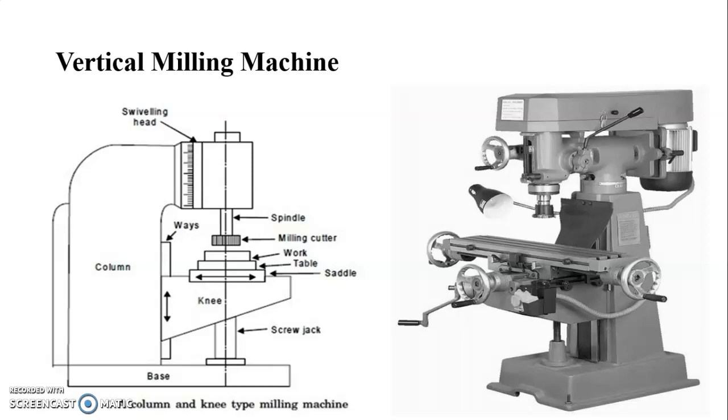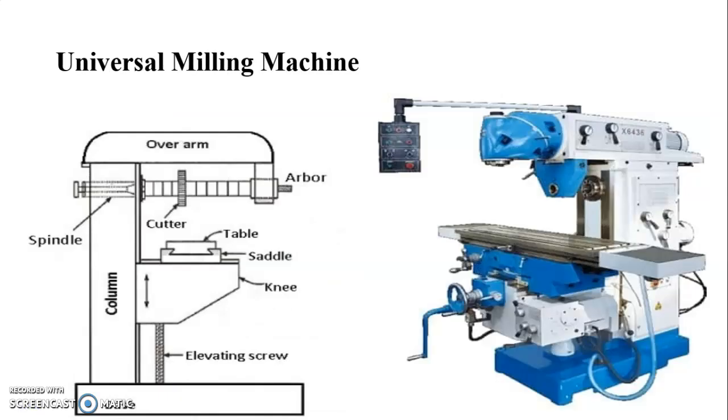Then we will see the next, that is the universal milling machine. This is the diagram of the universal milling machine. The universal milling machine is the most rigid and sturdy milling machine and accommodates heavy workpieces. It can be used for a wide range of milling operations and almost eliminates the need for drilling, shaper, slotter, etc. It is a modification of the plain milling machine with an additional table movement. It is used for producing spur, spiral, and bevel gears, drills, reamers, etc.